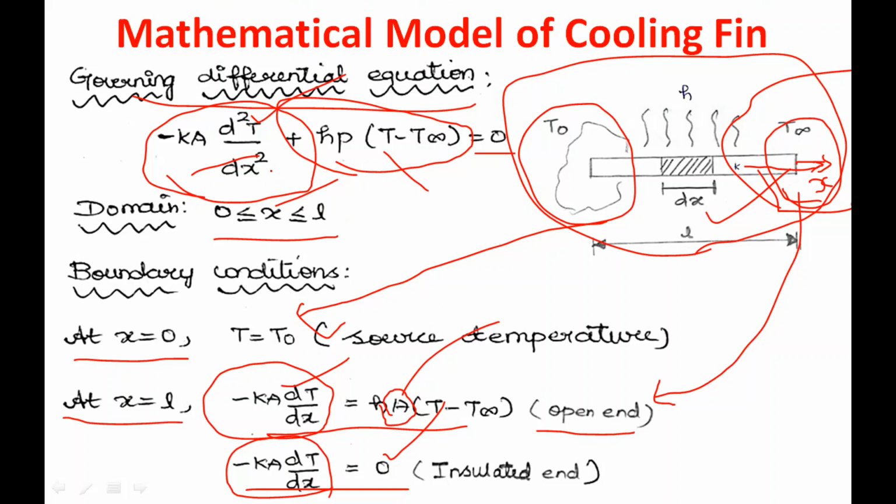So we cannot use the one-dimensional line element as it is for solving this cooling fin problem. What we are going to do is convert this governing differential equation into a weak form by using the Galerkin approach. What did we do in the earlier cases, in the bar problem and beam problem? The same approach we are going to use here. So let us see first how to convert to the weak form. Then we will go to the element characteristic equation.